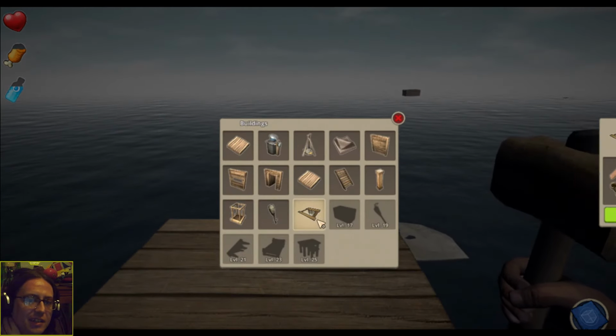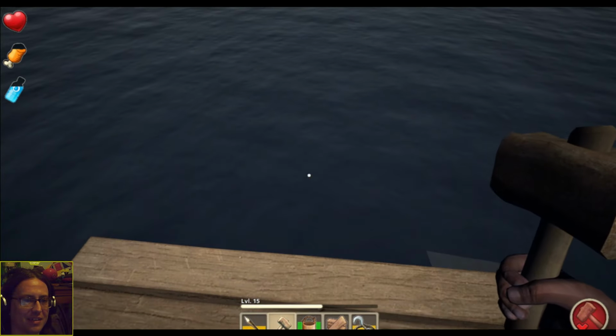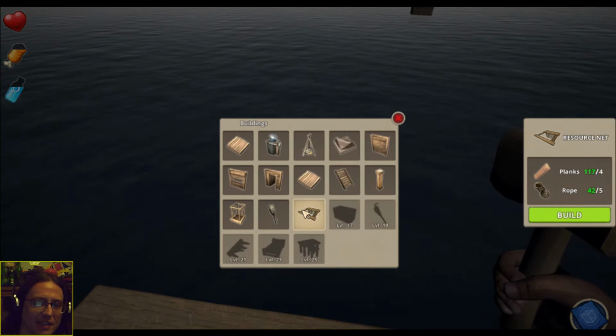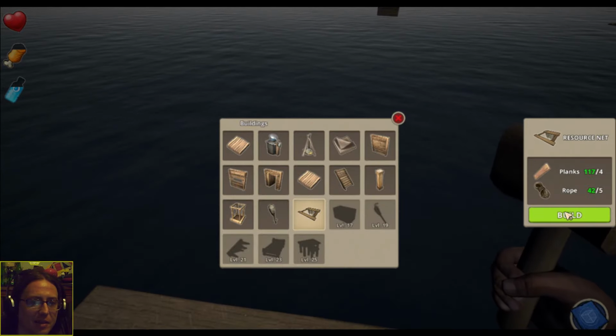Okay, what is this? A resource net. Well, I mean, ironically, the thing already is a resource net. Okay, so that's 5 ropes and 4 planks. It's actually way cheaper to build. So,